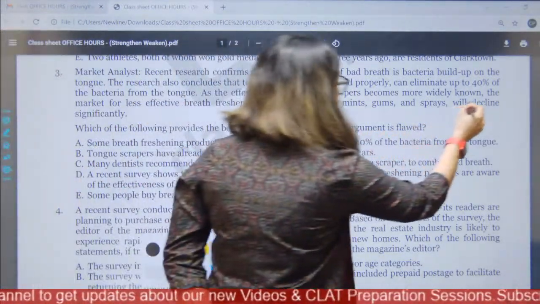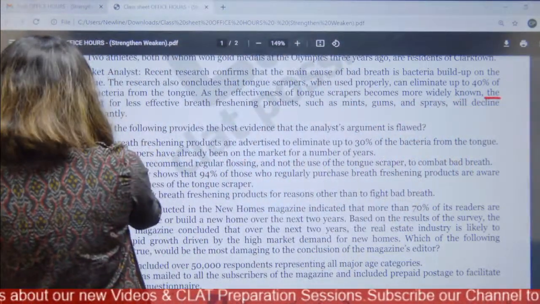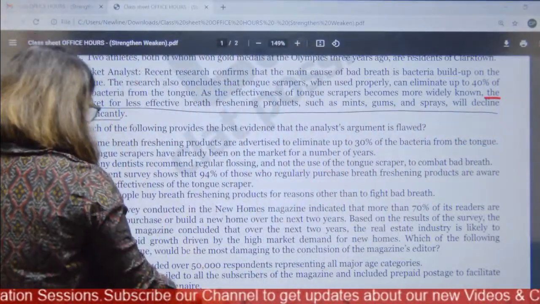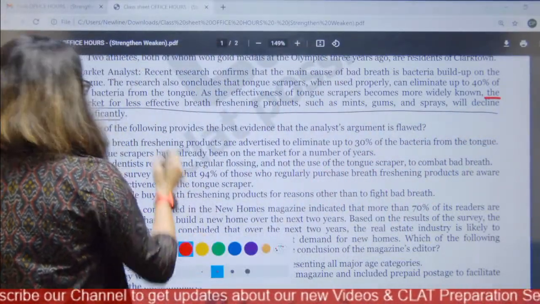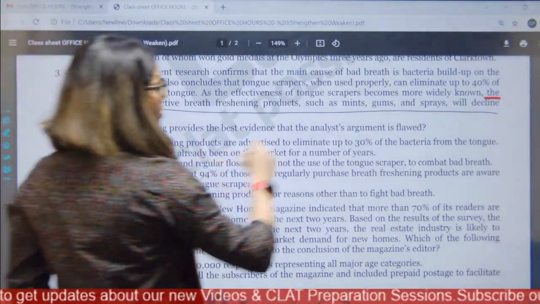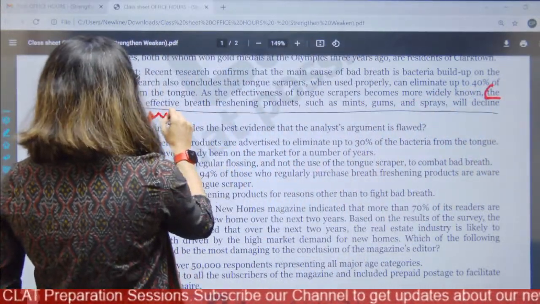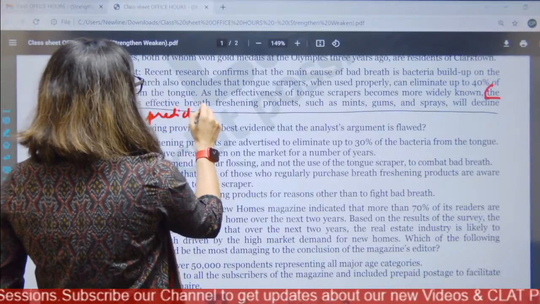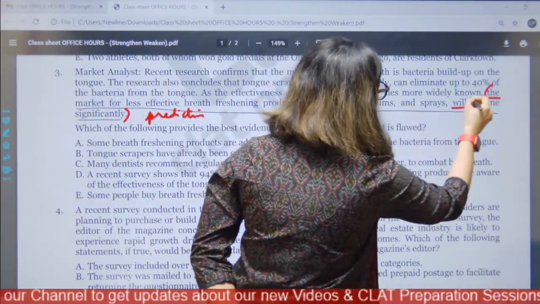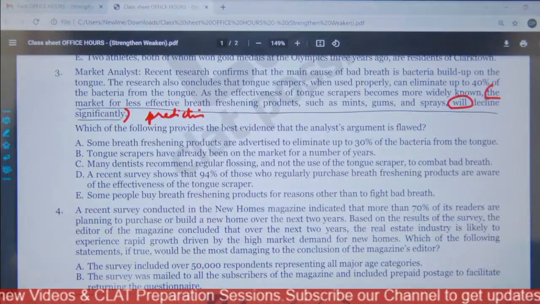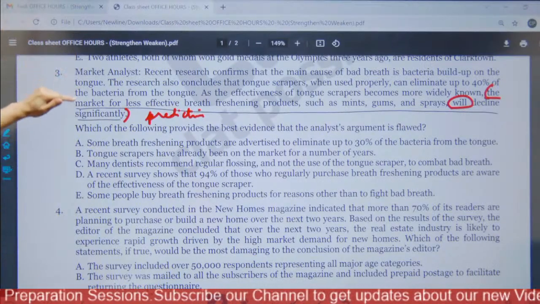Now, what type of conclusion is this? This is the conclusion in the last line. And what type of conclusion is this? This conclusion is predictive. Predictive means it is predicting the future. It is predicting the future, right? So what we are saying is